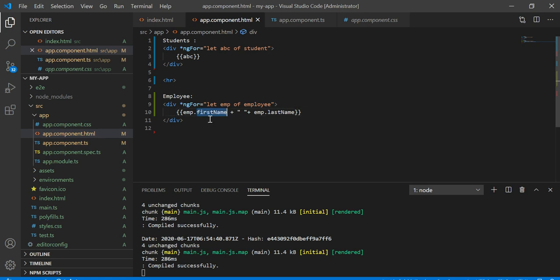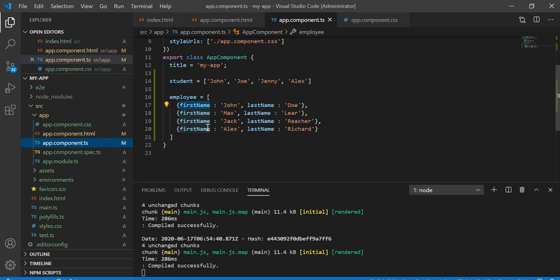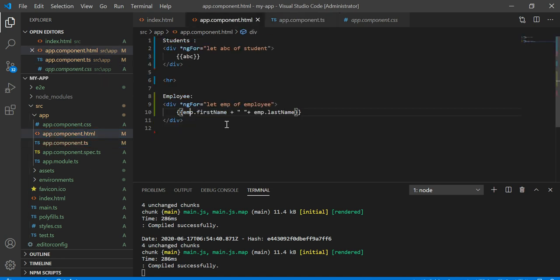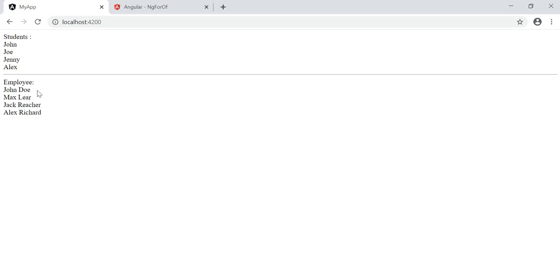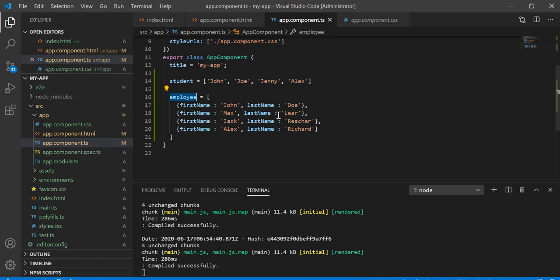These should match the keys of this array, so it goes to employee.firstName and employee.lastName. Directly it prints all of the information.